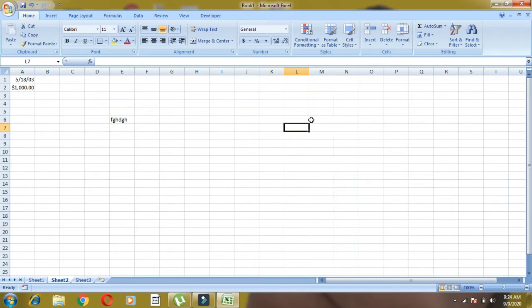Modifying cell contents partially. Suppose you have written 1, 2, 3 and you found that you need to write 4, 5 also. If you write now, it will be overwritten. So for that case you have to press the F2 key, then you can write 4, 5. You can also simply double click, then you can partially modify the content of the cell. And if you made any mistake and need to undo, you can use Ctrl plus Z, children. This option is also available. See, Ctrl plus Z, and to bring it back, Ctrl plus Y.